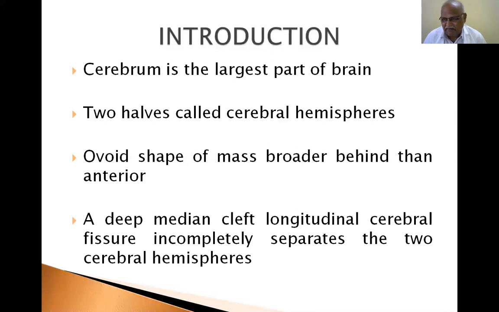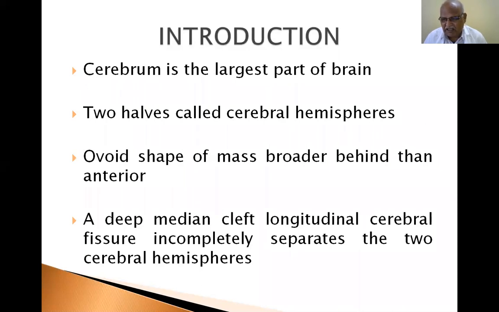As usual, the gray matter contains neurons, and the white matter contains fibers. It is a common phenomenon. In the spinal cord, the central part is gray matter and the peripheral part is white matter. In the cerebrum, the peripheral part is gray matter and the central part is white matter. Gray matter consists of neurons. The neuron is the structural and functional unit of the nervous system.